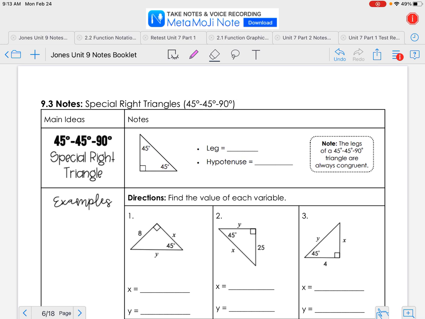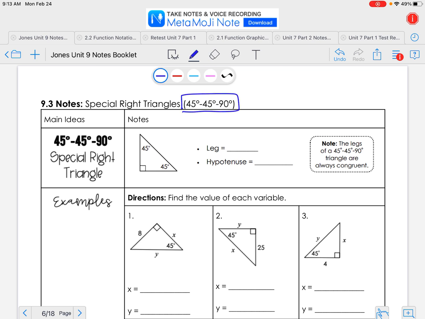Today we'll start talking about special right triangles. There are two types of right triangles that we consider special because they have special properties that allow us to find a missing side with limited information. The first type is a 45-45-90,